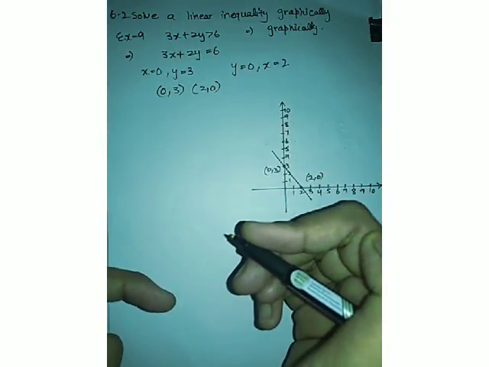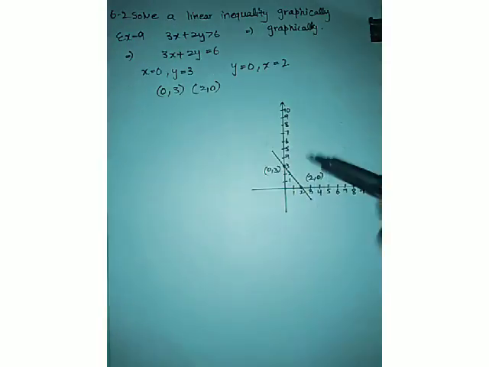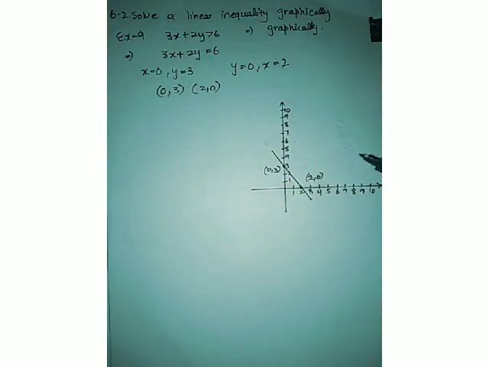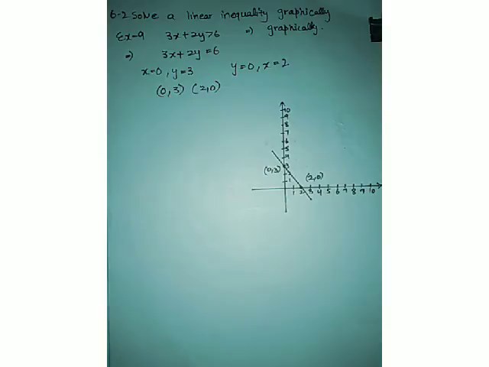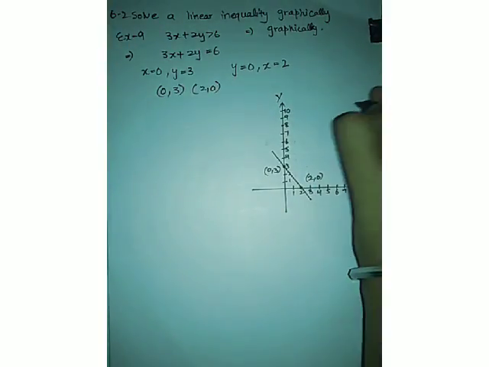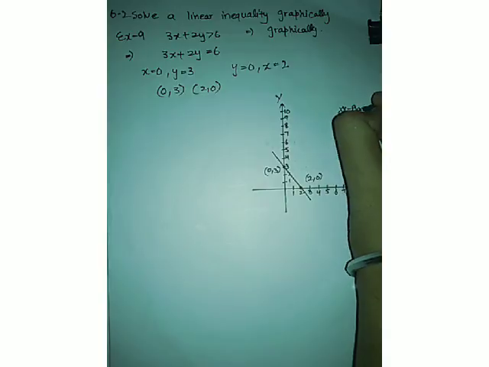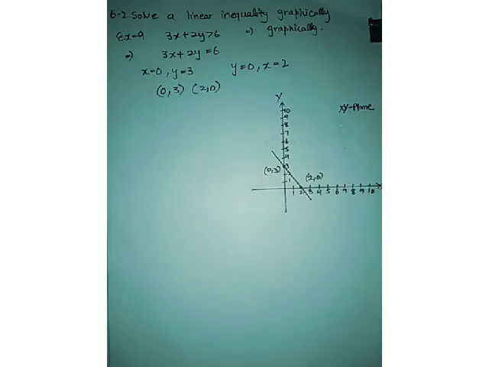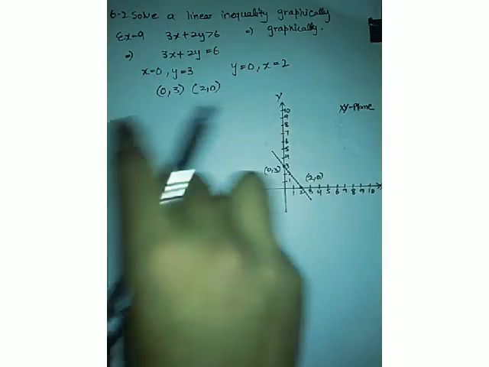But what about inequality? Now inequality will come into the picture. How? Now you will see. In plotting linear inequalities, you have to shade a particular region. So if you have to plot the graph of a linear inequality, there must be shading on your graph paper. A particular region should be shaded. Now this is the x-axis, this is y, and what is this plane known as? This is the xy plane. Now in your book most of the things are written and I am just narrating them for you. But you have to write those things as well.